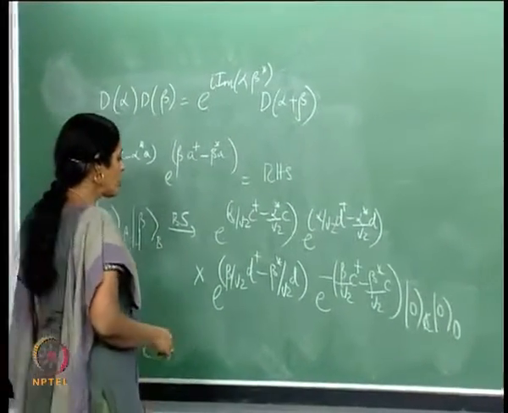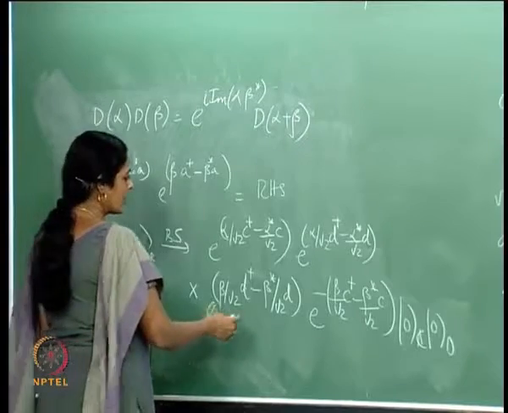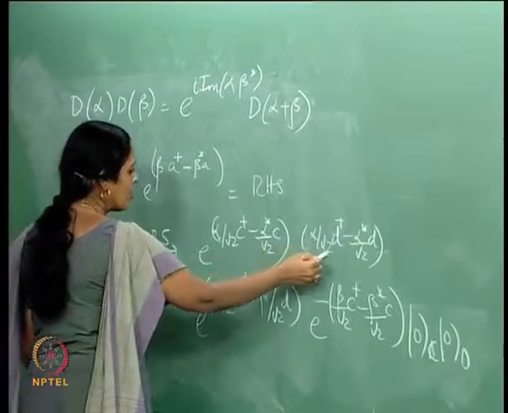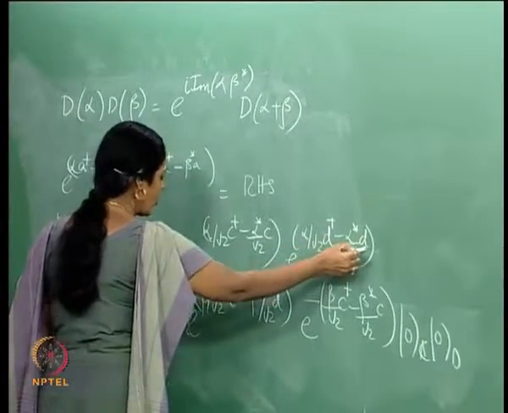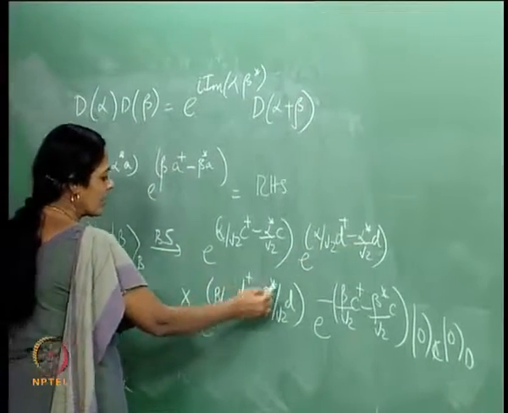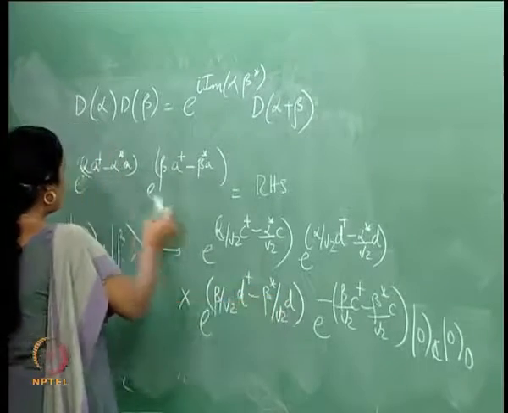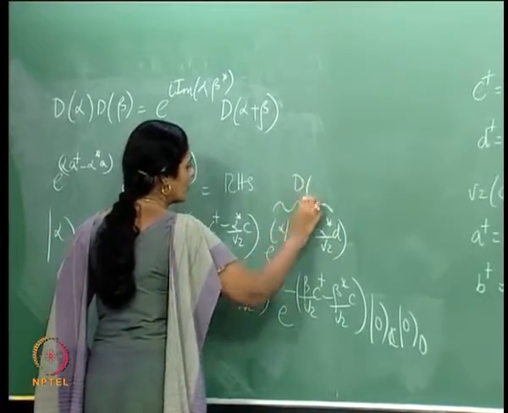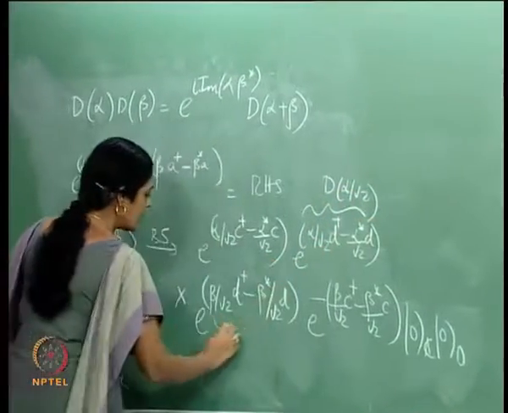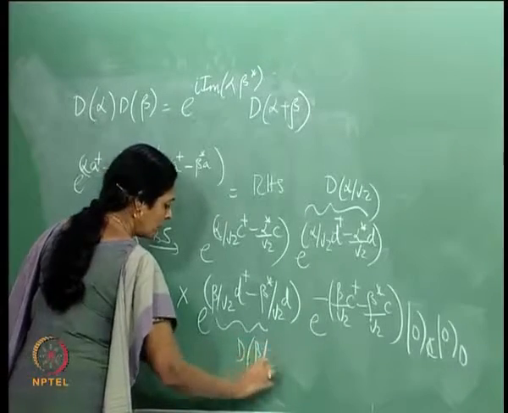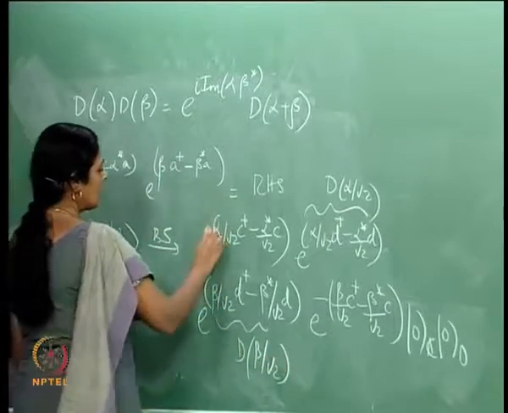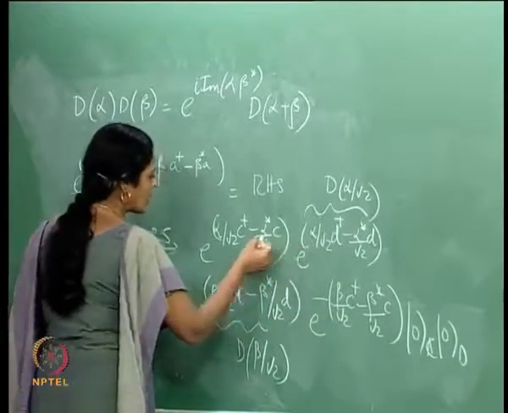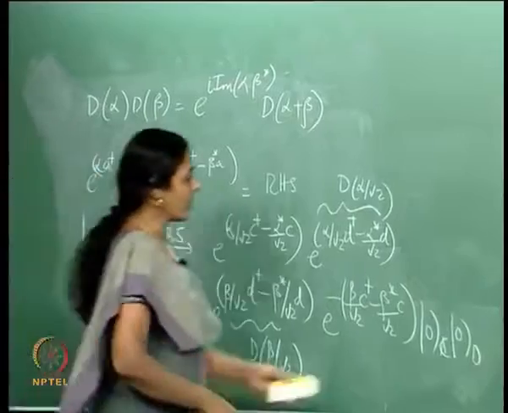We can now group terms suitably. For instance, these two quantities can be combined. I have an alpha by root 2 d dagger minus alpha star by root 2 d, beta by root 2 d dagger minus beta star by root 2 d, and therefore, using this trick I can combine them. This object is d of alpha by root 2 and this is d of beta by root 2. Similarly, I can combine these two terms, this commutes through this, through that out here, and therefore, I write the following: